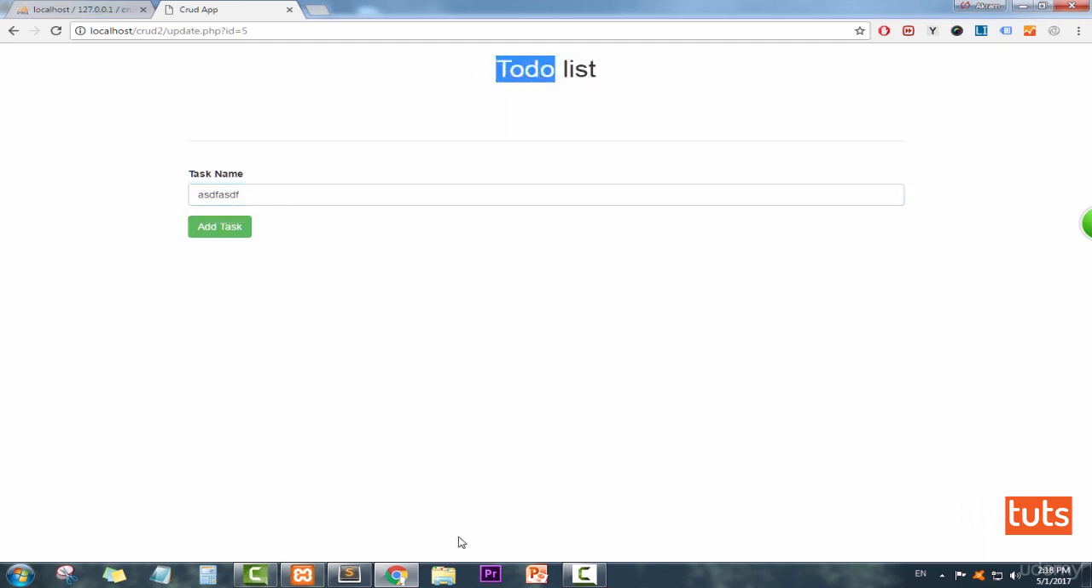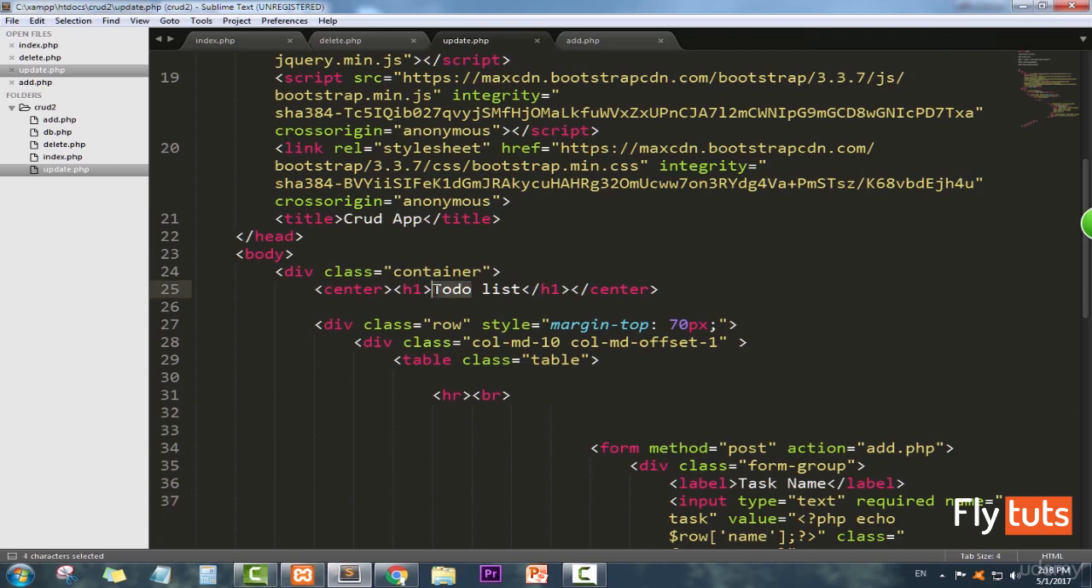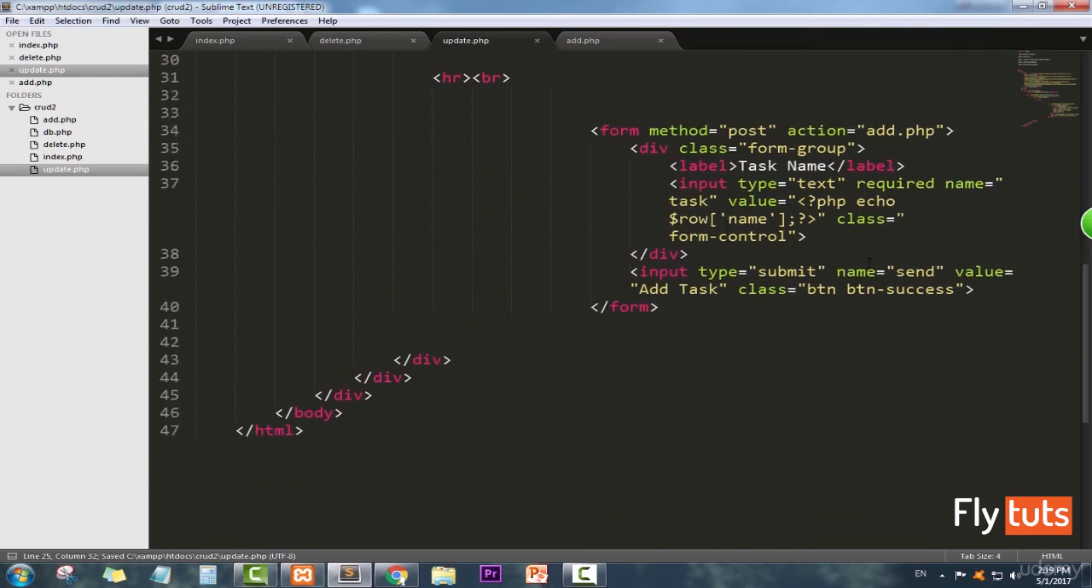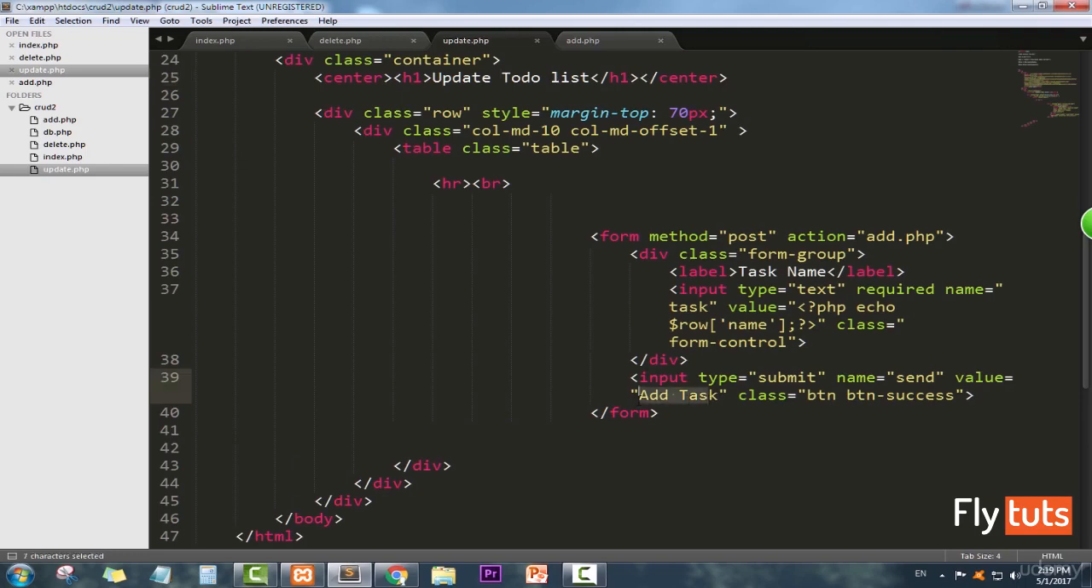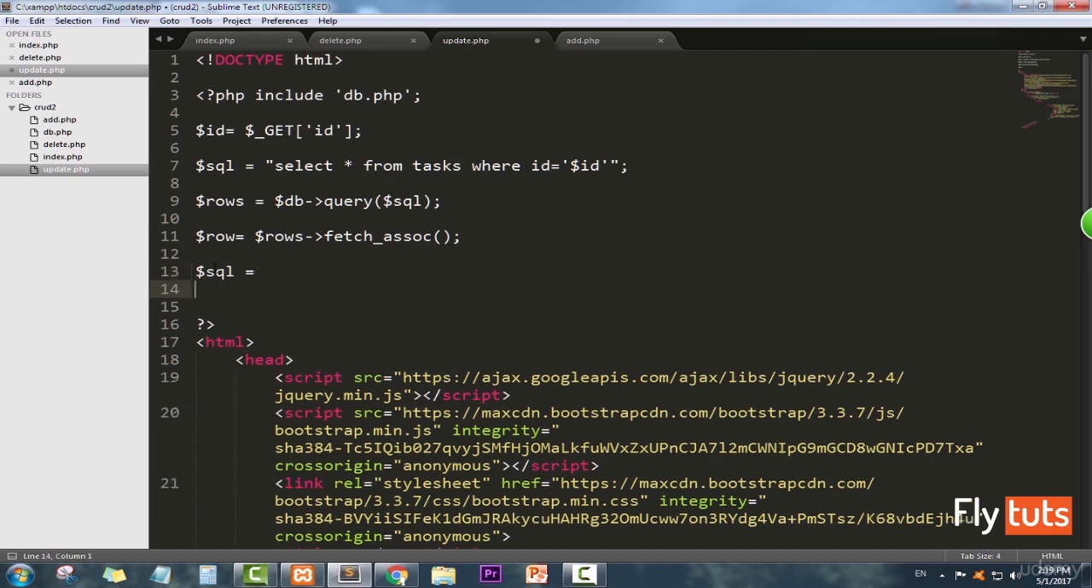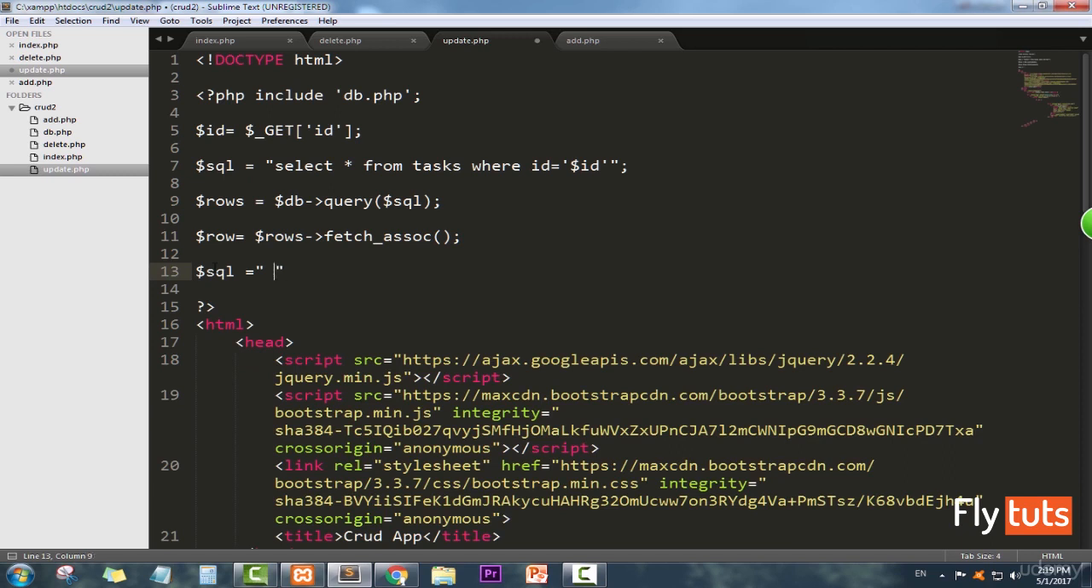Now instead of to-do list, we're gonna make this one update to-do list. So now everything is okay, but we need a way to update. So what we're gonna do here is make another SQL. This will be an update from task